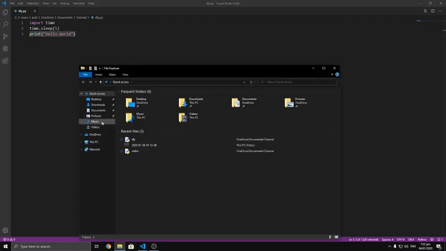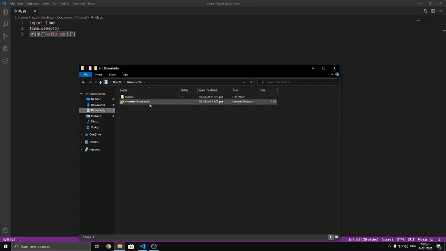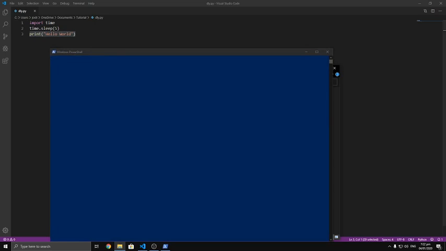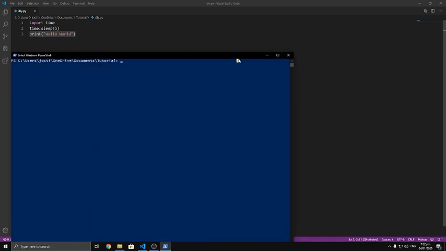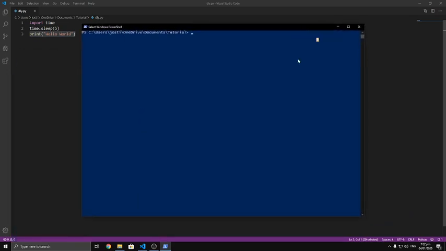I'll go into the documents folder right over here, Tutorial, open PowerShell window. Okay, right in there. Let me just minimize this. Oh, sorry. So right in here, if you type python dly.py,